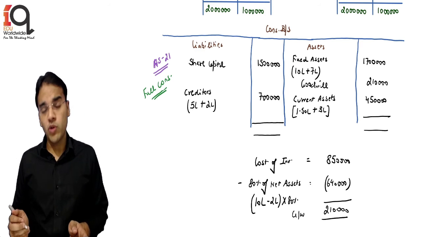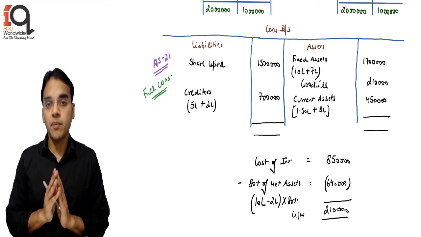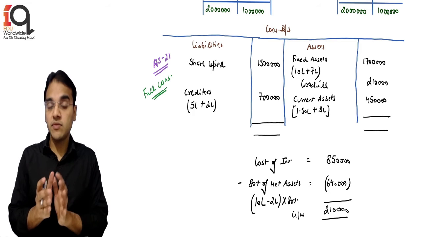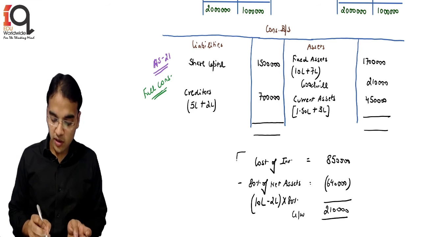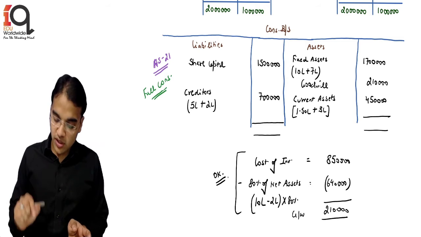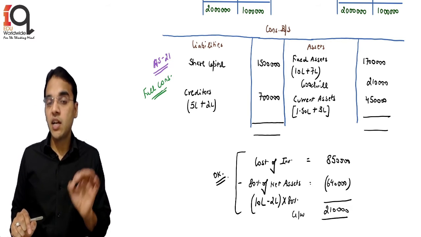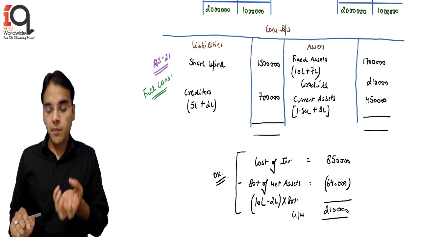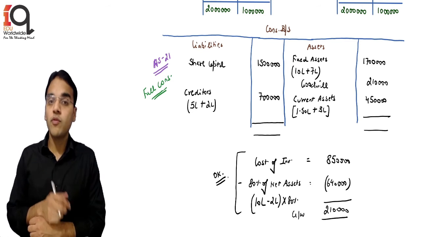Goodwill will obviously be 2,10,000, because we have actually acquired 80%. So I cannot compare the 100% of the net assets with the 80% of the cost. That is absolutely okay, student, because I have actually purchased 80% of the shares of the other company by making a payment of 850. So 80% of the assets acquired by making 850 results in goodwill of 2,10,000.